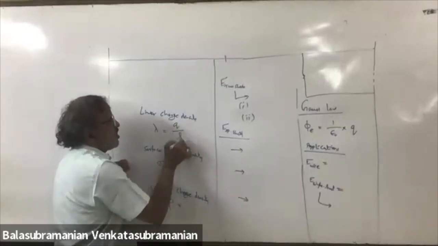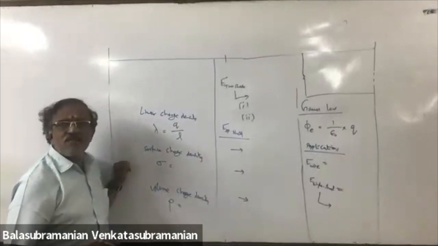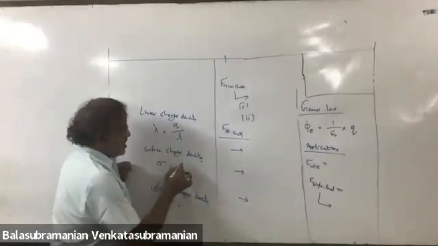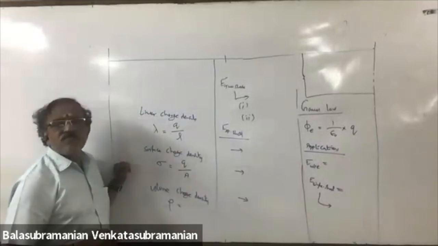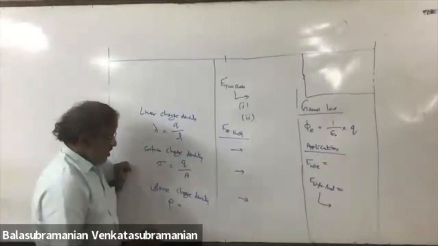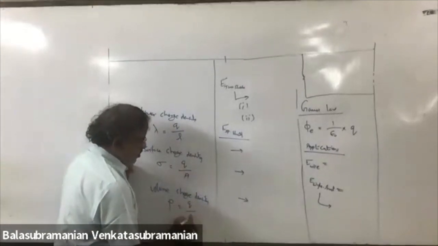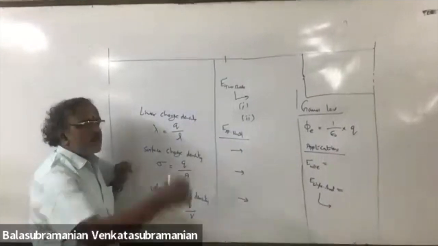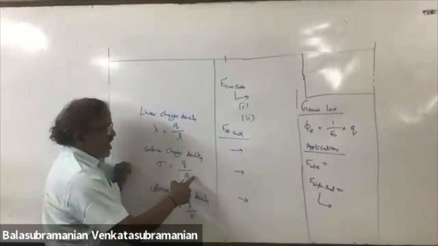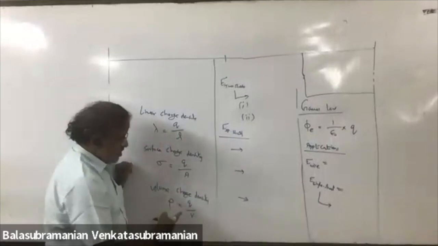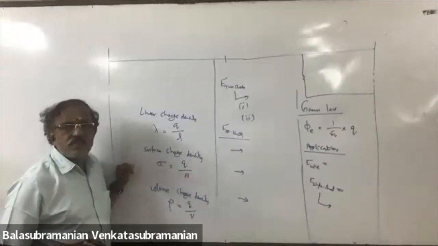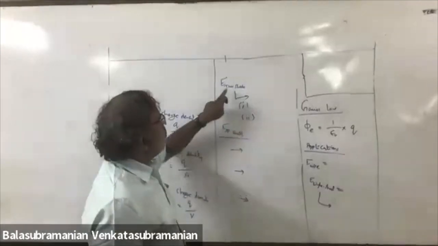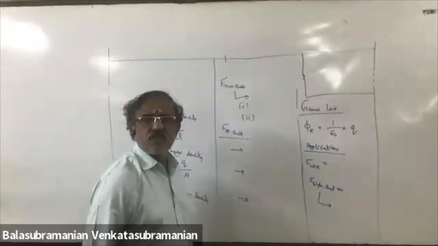Charge by length is lambda. Charge by area is sigma. Charge by volume is rho. Charge per unit length, charge per unit area, charge per unit volume. Okay. So for two sheets,